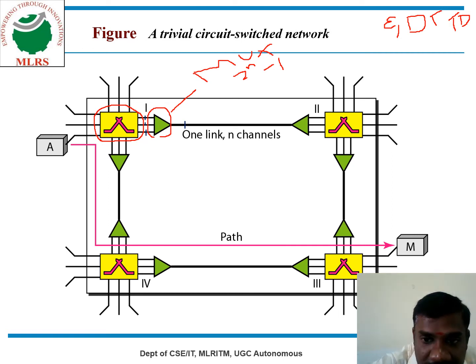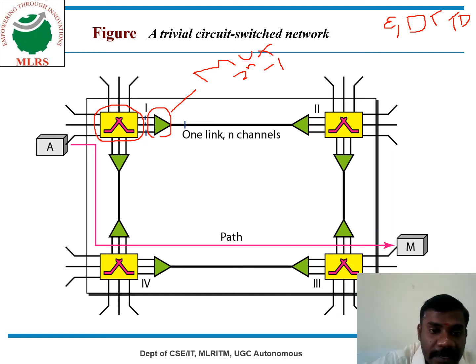Again I'm repeating the concepts. A and M are end systems. A is the source, M is the receiver. All the nodes are connected by cross switches, and the switches are again connected by multiplexing. What is the purpose of multiplexing? It carries n number of signals and sends only one fixed signal. How many channels are there? N channels, and it can provide only one link. Now we will go for the working principles, that is, how the three phases work here.